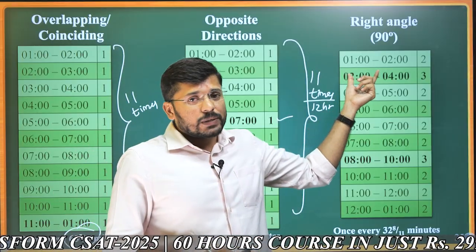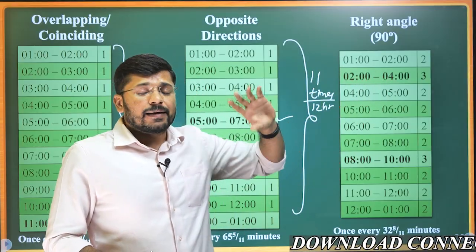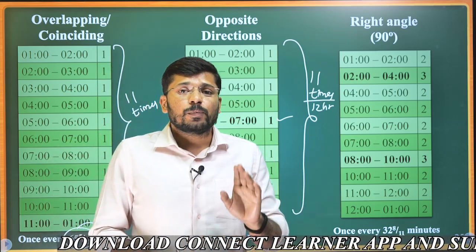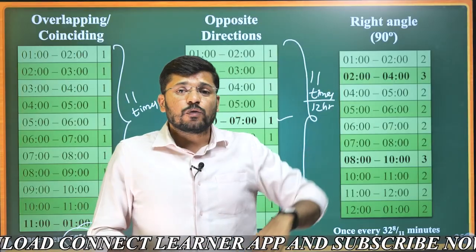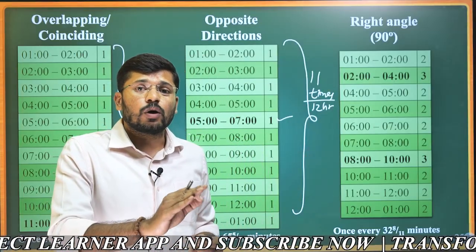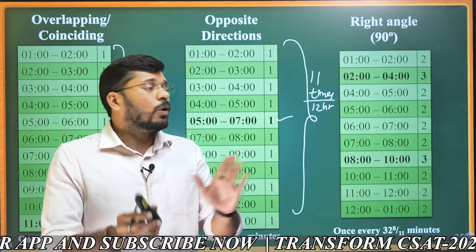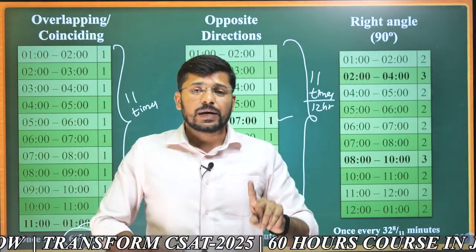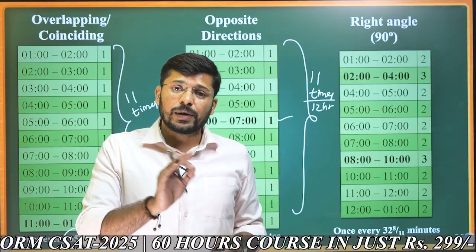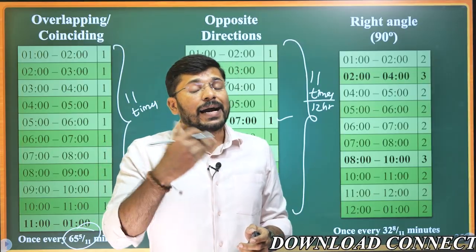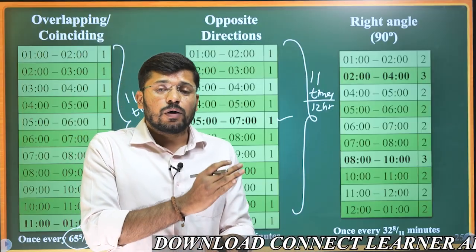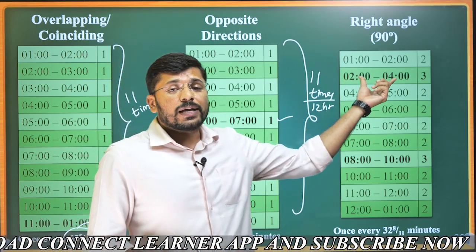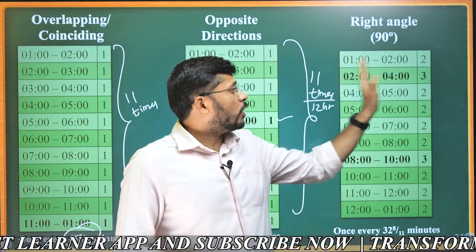In the 2 to 3 bracket, at one time between 2 and 3 they will be at right angle, and at the second time they will be at right angle exactly at 3 o'clock. And between 3 to 4, the first time they will be at right angle is exactly at 3 o'clock, and then somewhere between 3 and 4. So 3 o'clock is common to both. From 2 to 3, somewhere between 2 and 3, they will be at right angle one time, and at 3 o'clock exactly they will be at right angle. So 3 o'clock is counted once. And from 3 to 4, at 3 o'clock they are at right angle, and after that, somewhere between 3 and 4, they will be at right angle. So 3 o'clock is common for both, and we cannot count it twice.